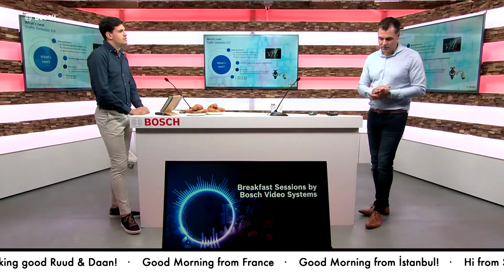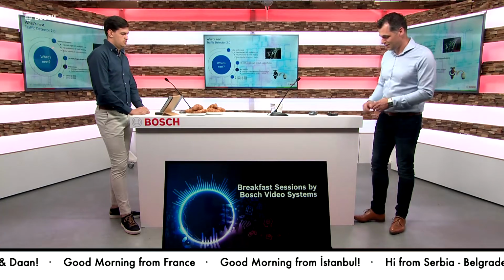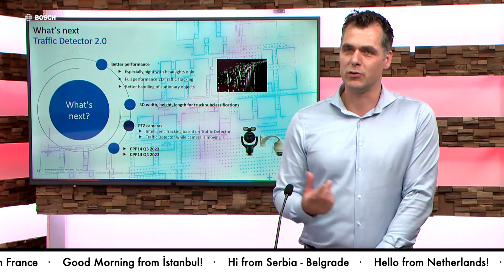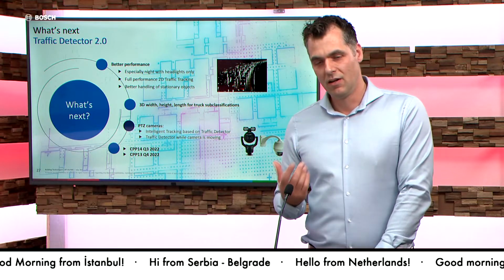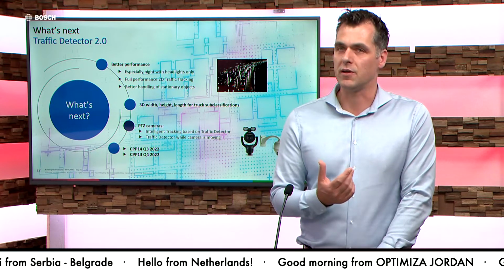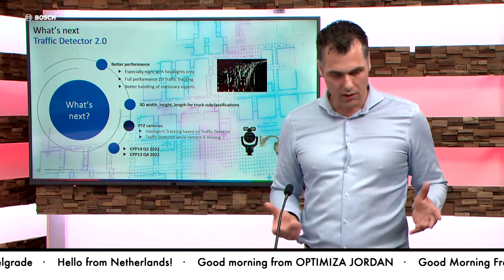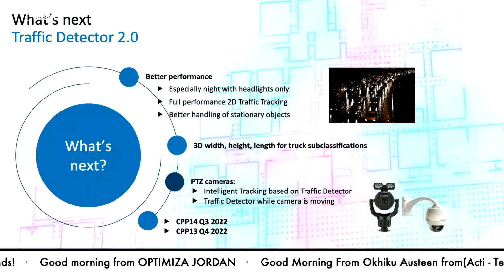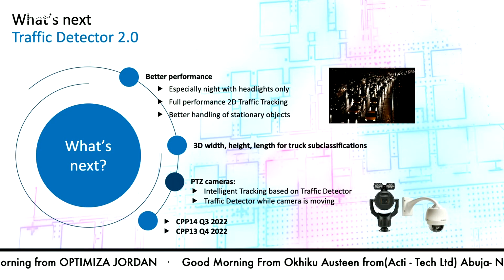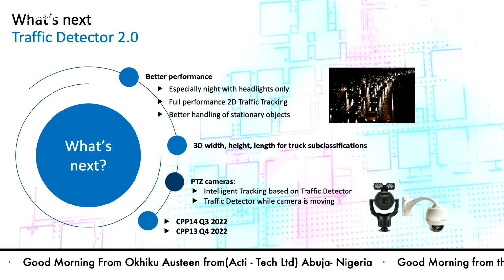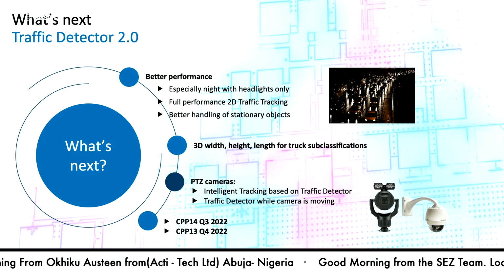We are also optimizing our 2D tracker, the technical name for it, the 2D traffic detector, so the two-dimensional side of things. We optimize it, for example, with better handling of stationary objects, meaning longer parked objects are better classified in that sense. So there are some simple benefits there for the tracking and handling. So that's something we are doing.